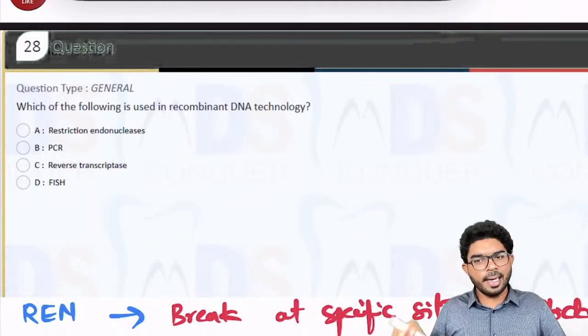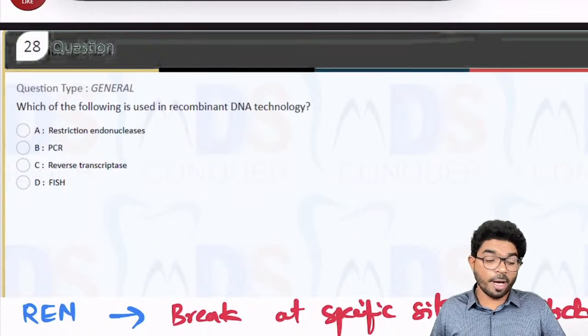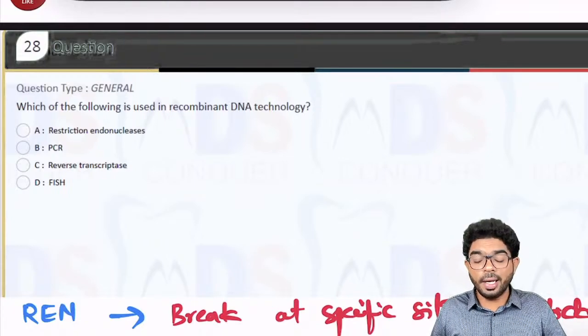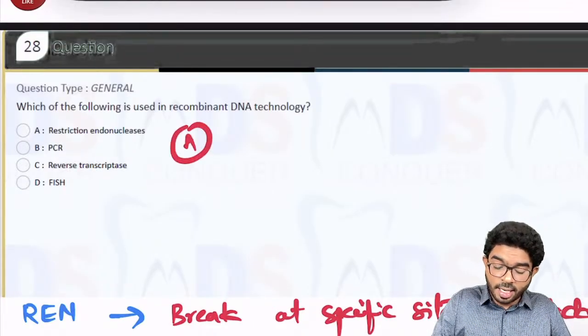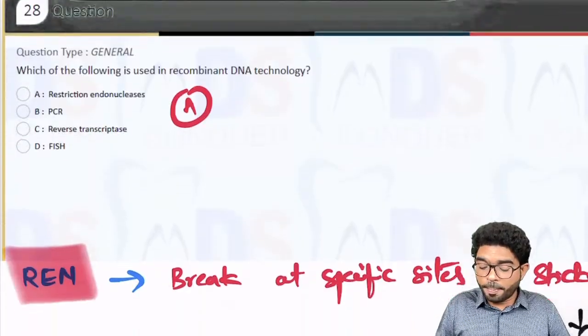And that is the reason why I clearly mentioned on the group to do this properly, which are given in the Q bank. And I'm talking more about restriction endonucleases. Okay, the answer is restriction endonuclease, straightforward. It's an easy question, but my main concern is that restriction endonucleases are going to break